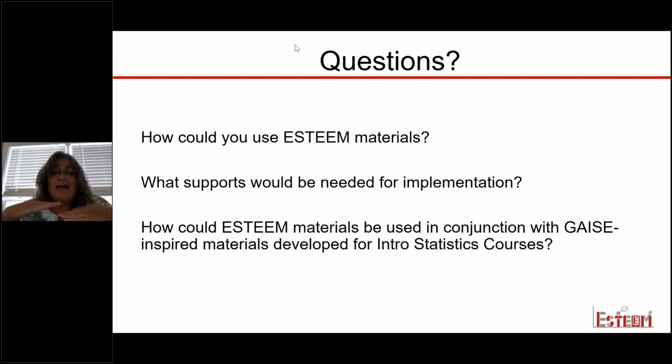So in that sense, these materials could be used for that, particularly if they don't have a teacher ed background, because it would be introducing them to some ideas that are very pedagogically oriented. Our materials are not set up to teach statistical content straightforwardly. We are always getting at the statistical content through diving deeper into pedagogical issues.